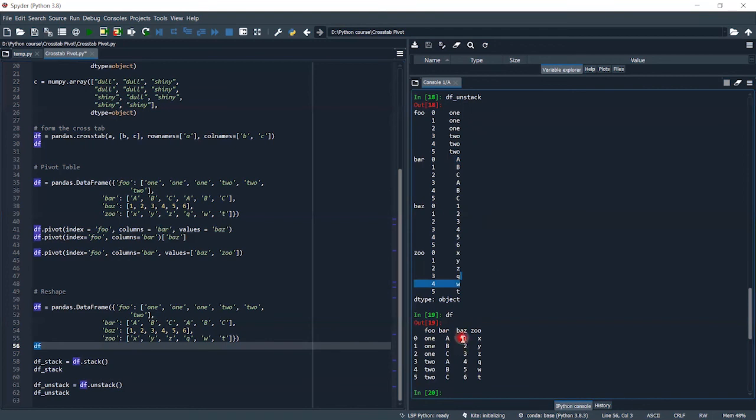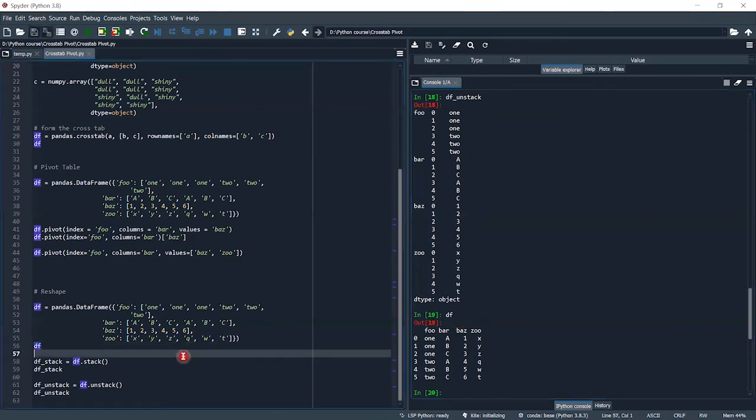Now the third column gets joined below these both columns, and the last column also gets joined below the first column.